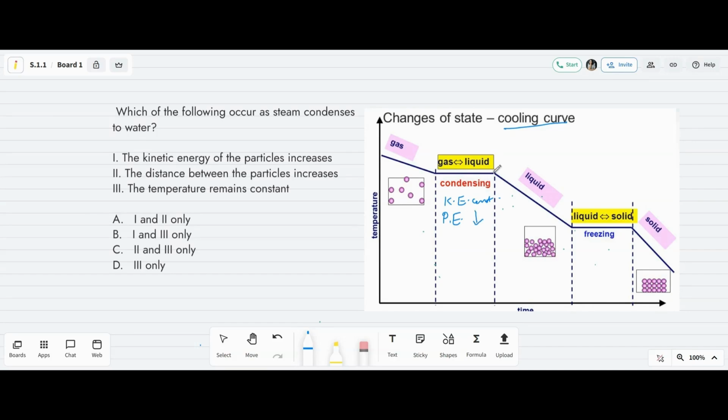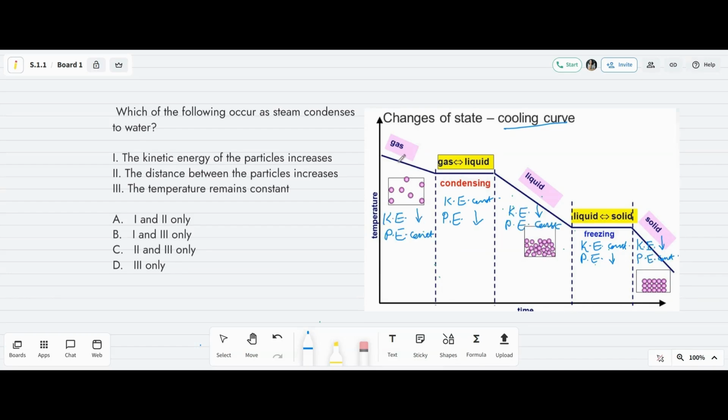Once all the gas has turned to the liquid, further cooling would decrease its kinetic energy as the particles of the liquid will be moving slower. Once the liquid reaches the freezing point or the melting point, the liquid starts turning into the solid. Attractions increase, potential energy decreases. Temperature is constant, so kinetic energy stays constant. Once all the liquid turns to solid, further cooling would decrease the average kinetic energy as the particles would be moving slower now. The temperature decreases and the potential energy stays constant.